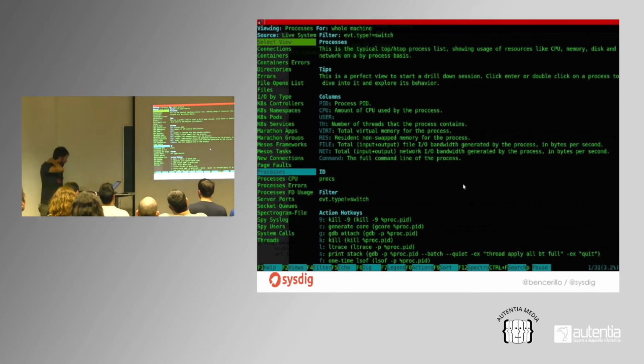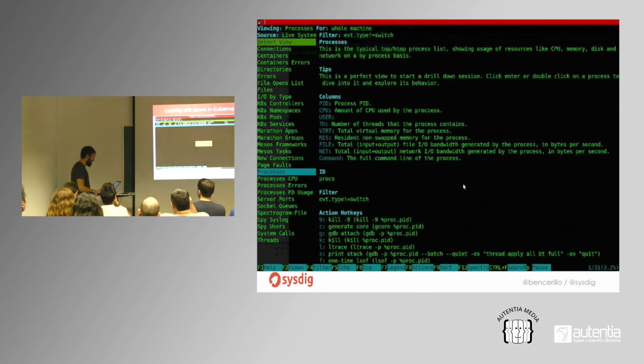So that's why we created Sysdig Open Source, which is a tool like this. We have two interfaces, one purely CLI, similar to tcpdump but for your entire system, and another with a curses UI. If you have used htop before, you will see it's very similar. If we have time, I'll do a live demo afterwards.